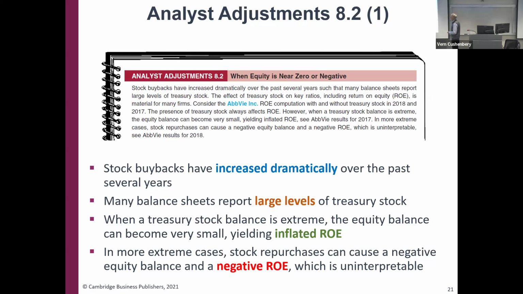Okay, here's another one of those adjustments. Stock buybacks have increased dramatically. We can argue about why. If the signaling theory is correct, that management recognizes a buying opportunity when they see it, and we know that stock buybacks have increased dramatically, that would argue that the market as a whole is fairly undervalued. Maybe, but if you look at historical ratios, like if you look back over the last 50 years, the average price to earnings ratio of the market is around 15.